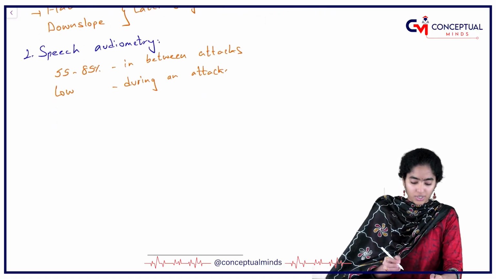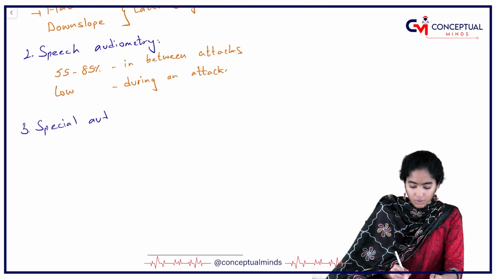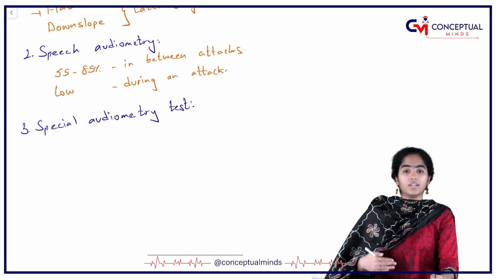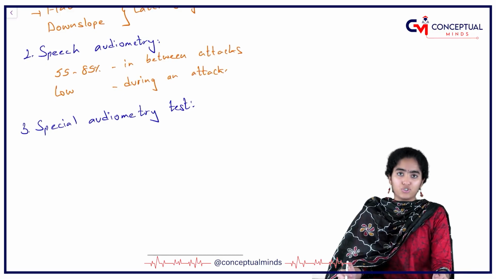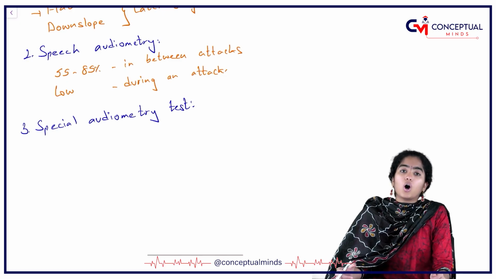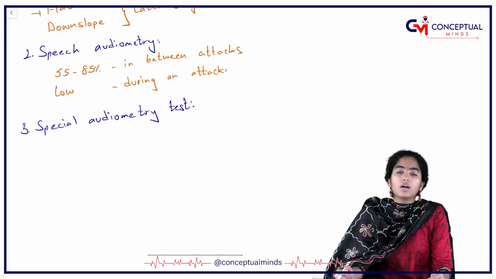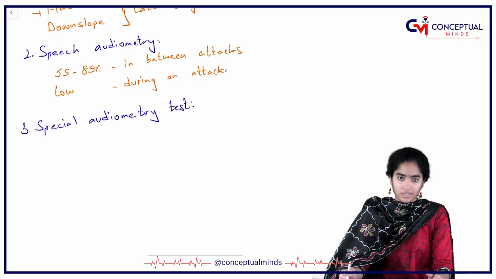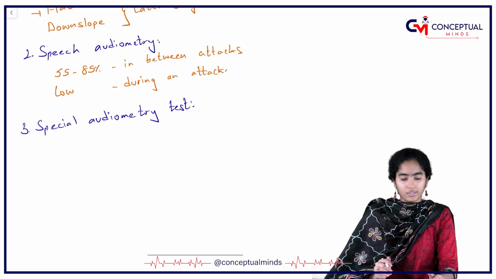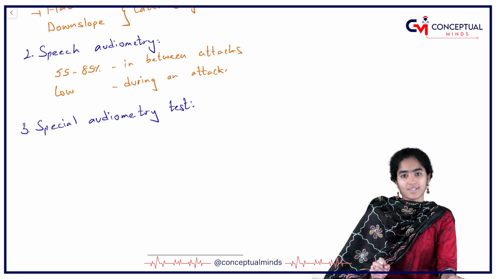And then a few special tests are done. Special audiometry tests. To distinguish between a cochlear versus retrocochlear type of lesion, these tests are done. Now, retrocochlear lesion could involve the 8th nerve or the auditory cortex also. Anywhere through that entire path beyond the cochlea, whatever is affected is called as retrocochlear disease. Now, we are trying to distinguish between a cochlear versus a retrocochlear disease. Meniere's disease, as you already know, is cochlear type. Okay, so the features that are observed are,